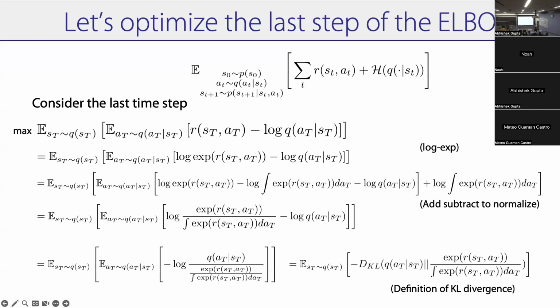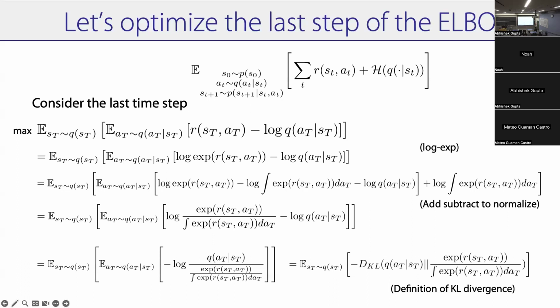Oh, for the Q question? Yeah. There's a max, and then we have a negative inside of the expectation. Yes. So in the min, yes, we want Q to be as close to the thing on the other side. That's right. So then from a state and action, it should predict reward, basically. The distribution of reward should be the same as the...